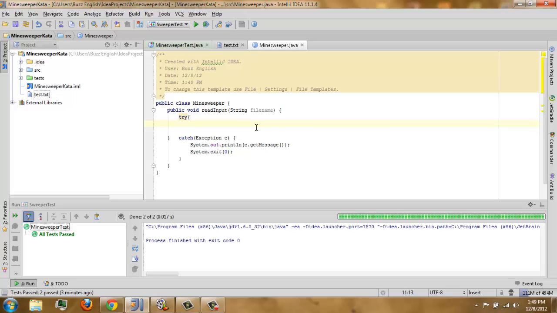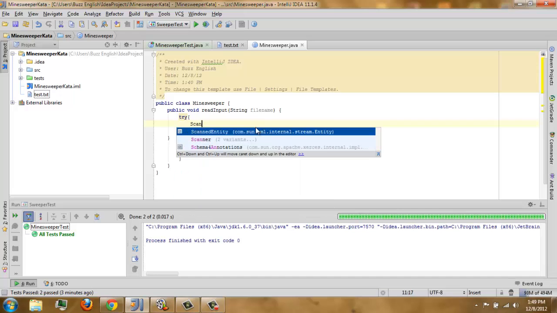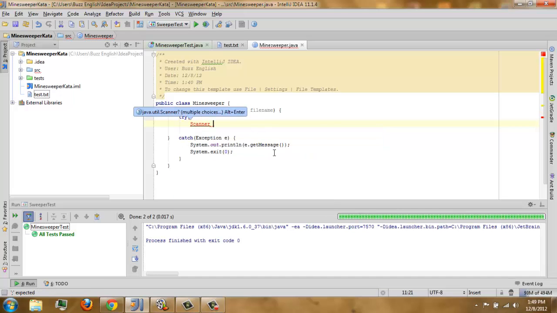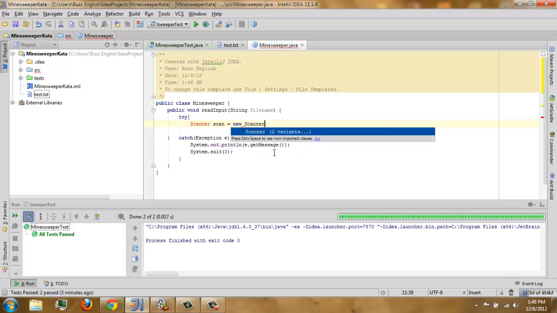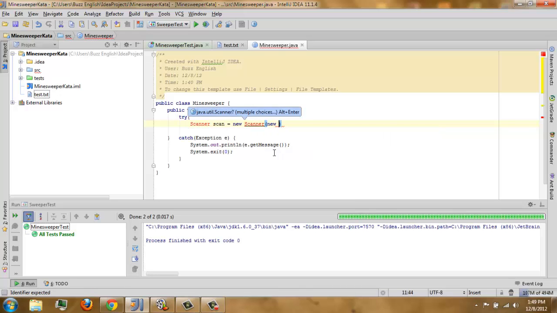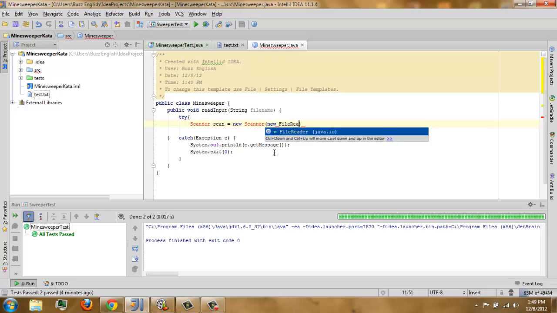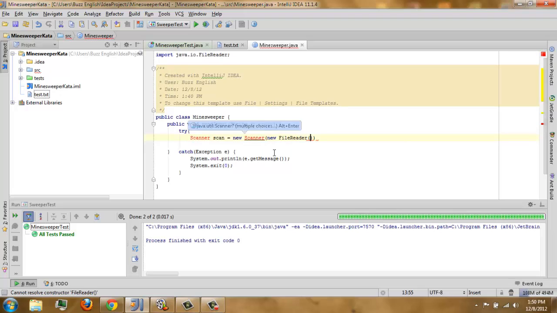So we need a Scanner. Scanner scan equals new FileReader, and of course the file name of our file.